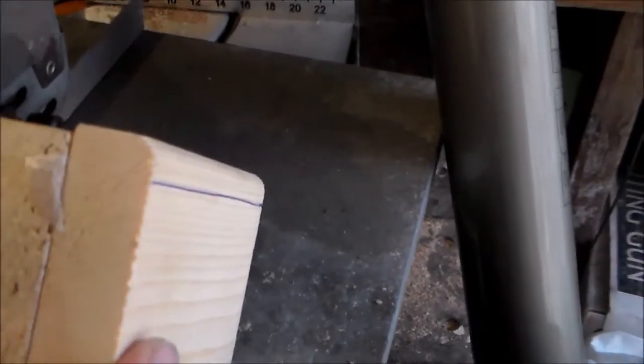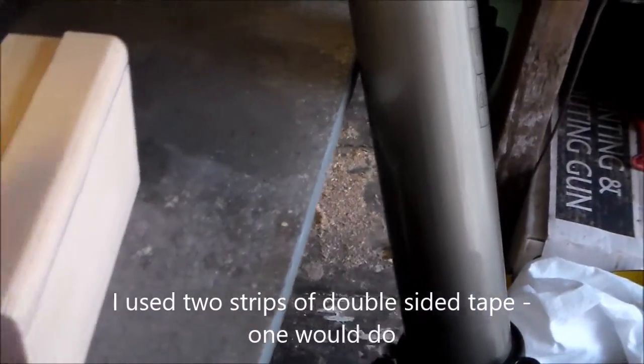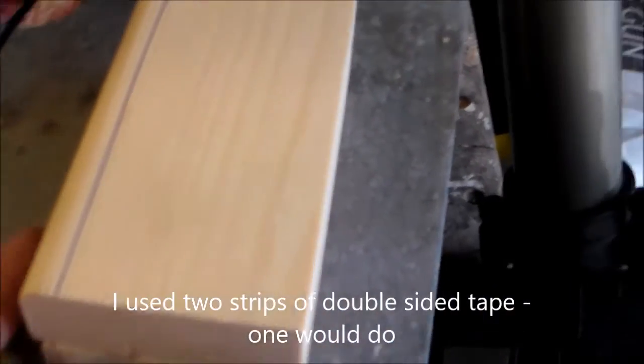These are the blocks of wood I'm going to use for my side tanks. I've just stuck them together with double-sided tape, and the base is as flat as I can get it. I've marked a line on one of them, just with biro,